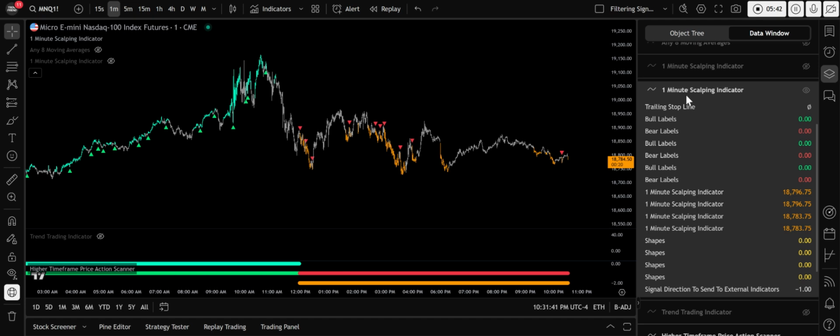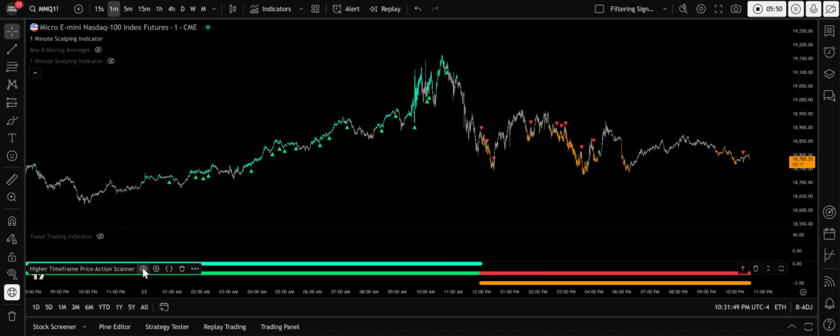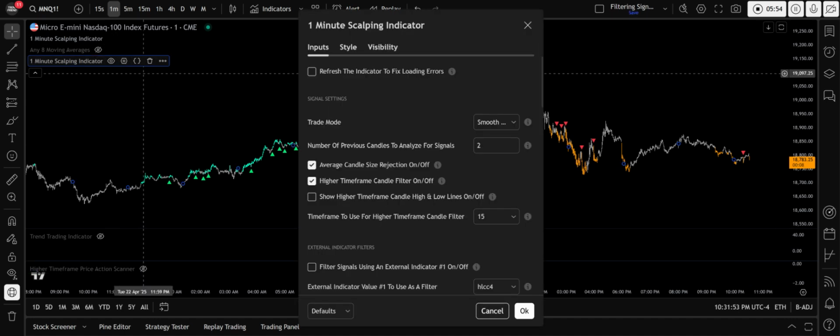So I also added that parameter to the 1-minute scalping indicator, which you can see here. If you wanted to use two 1-minute scalping indicators, I'll show you how to do that. I have another one on the chart here, and I'm using the higher time frame candle filter set to